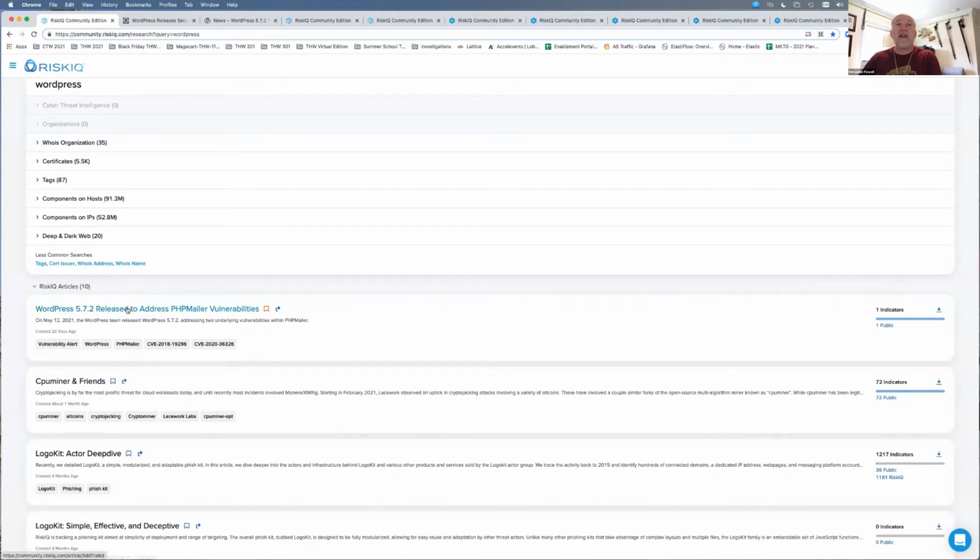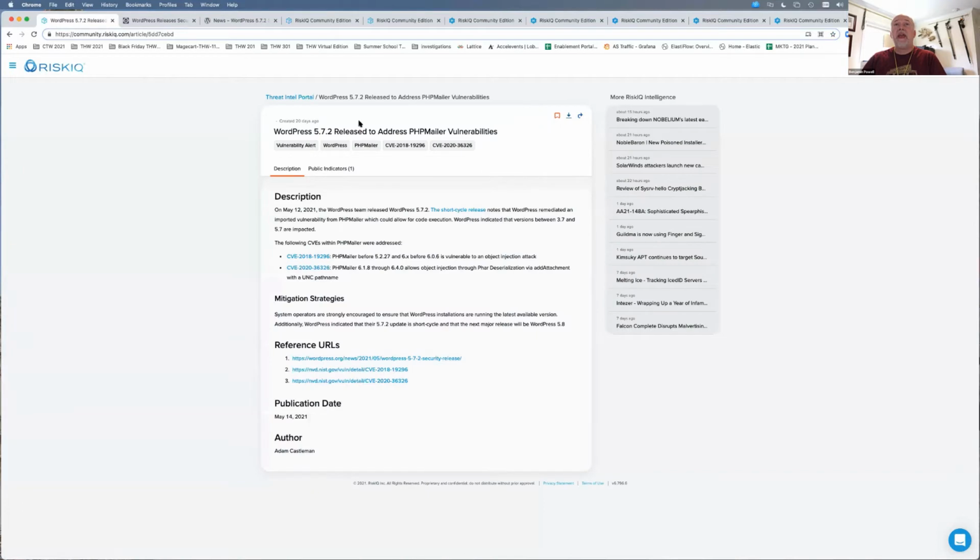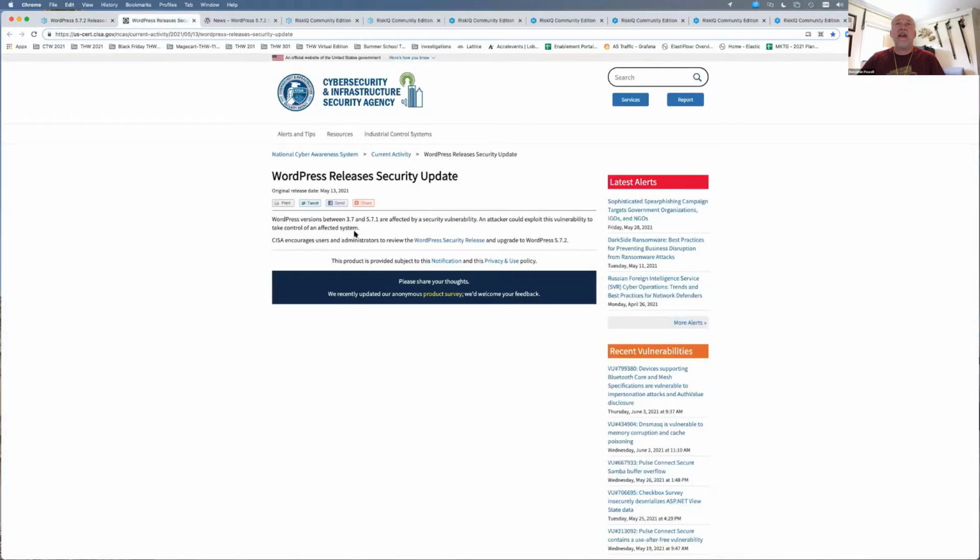Okay, so if I click on this article, it gives me all the information that I need in a single place. So these are all of the reference URLs that were in an article. So for example, if I click on this one, you can see that the Cyber and Infrastructure Security Agency, CISA,